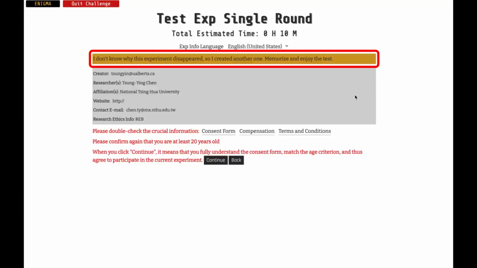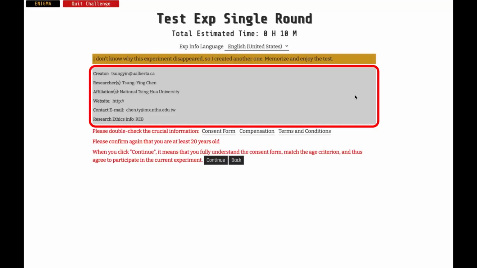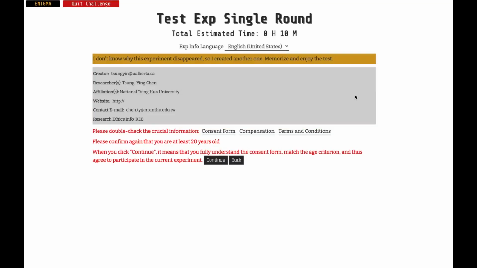The information below comes from the general introduction to the challenge, in which the experimenters should let you know what to expect and do in this challenge. After reading the introduction, you should see the information about the researcher who designed the challenge and the contact information. Then, we encourage you to go through some extremely important information.